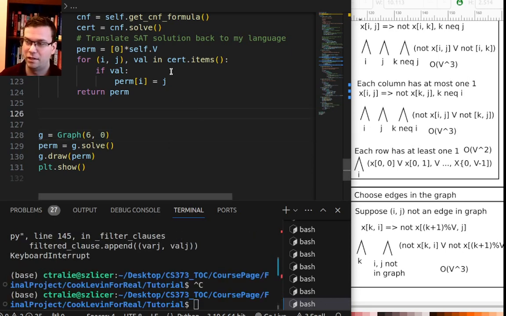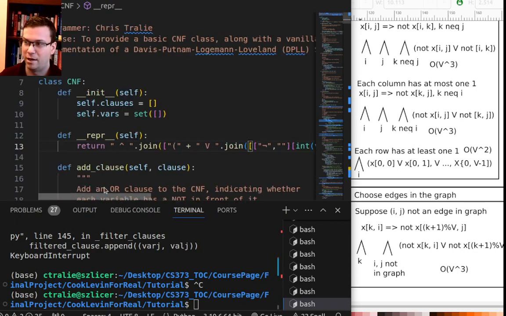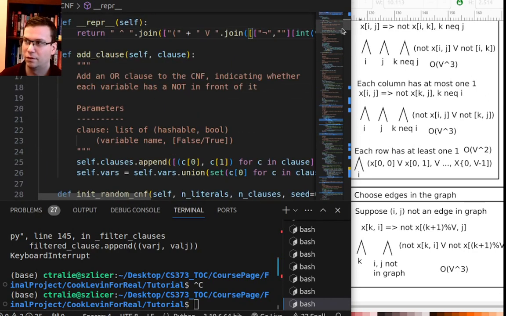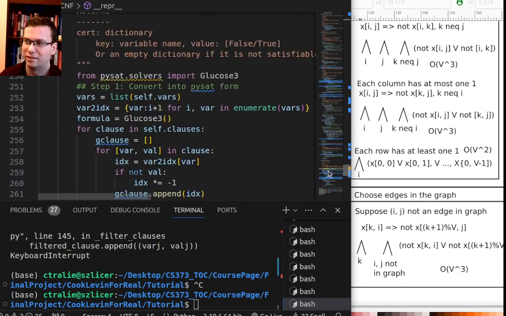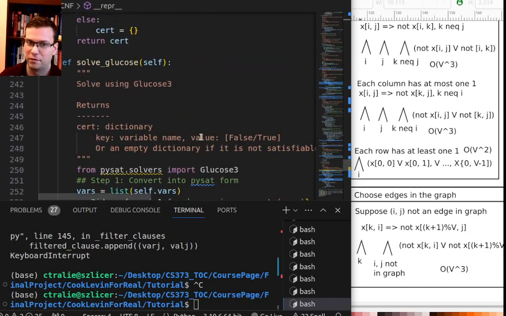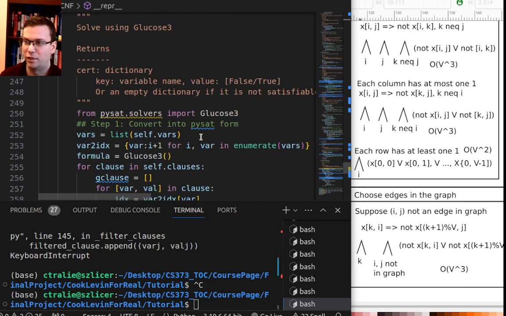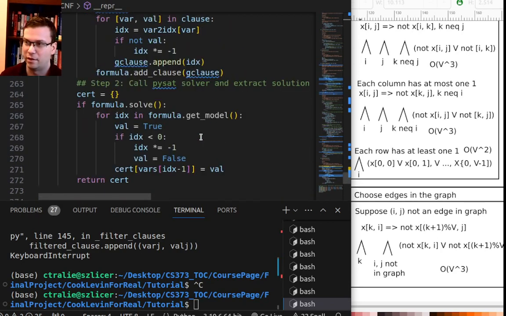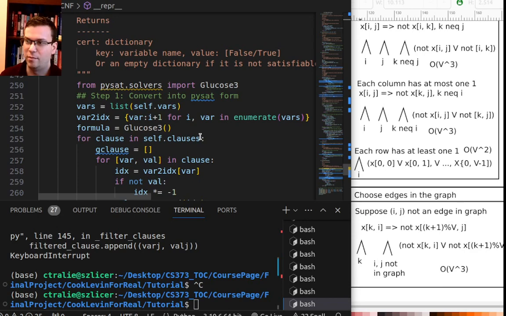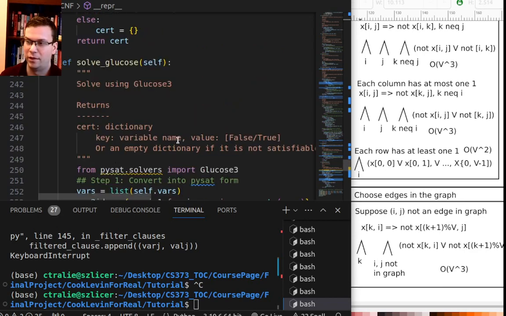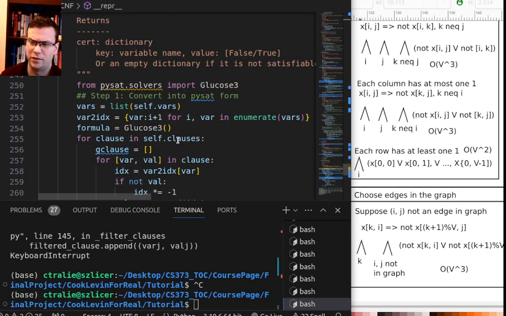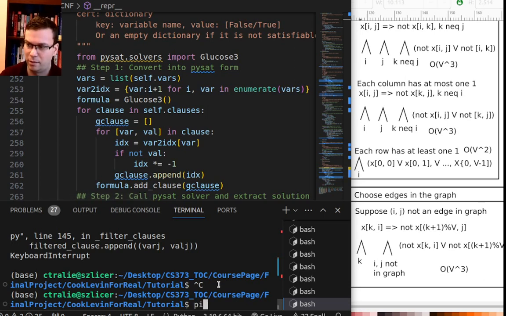And so what I've done here is I actually wrapped around a library called Glucose, or a technique called Glucose, for doing SAT solving. SAT solving has been around for a long time. People have done a really good job making fast SAT solvers. And so I made a wrapper around this other library that we'll set up in class. It should be very simple to install. You should just have to write pip install